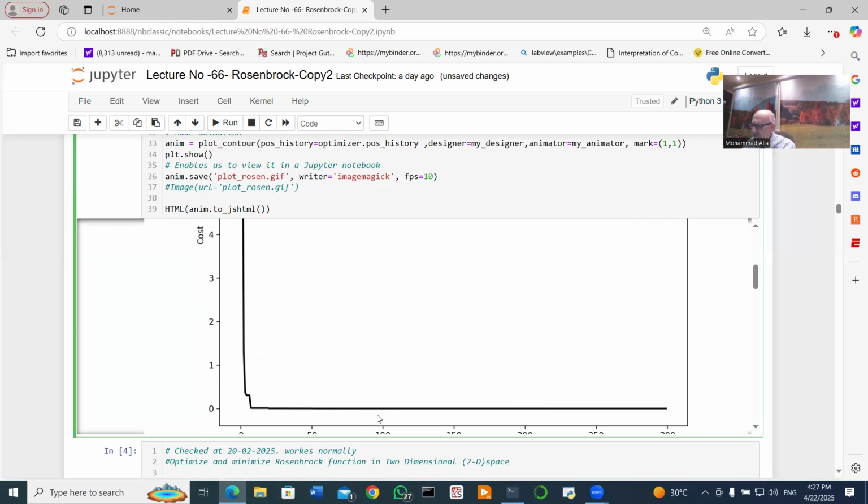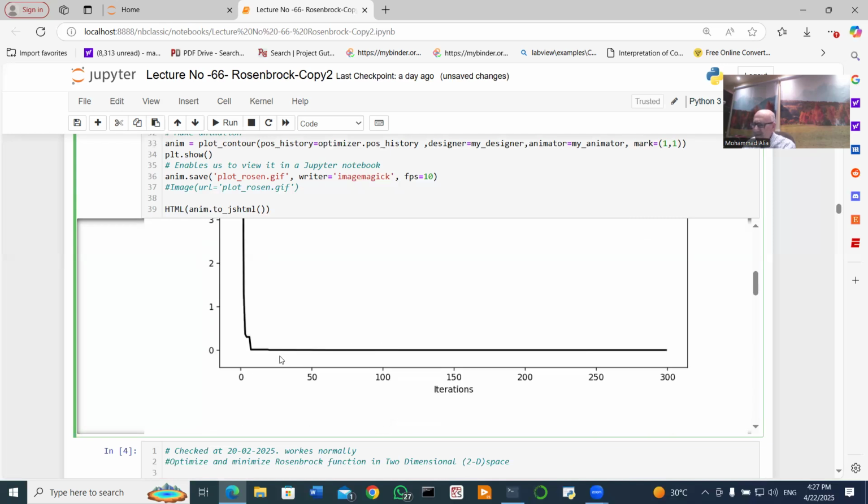The error value is practically equal to 0 at maybe iteration number 50, here 0. So maybe within the first 2 or 3 or 5 iterations, you get the minimum value. As I told you, this is very quick work, quick convergence,